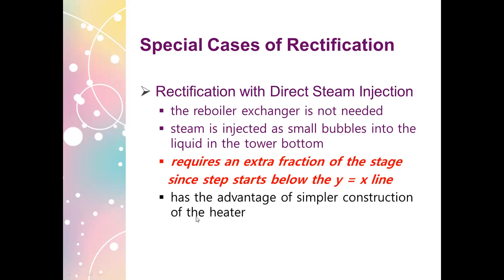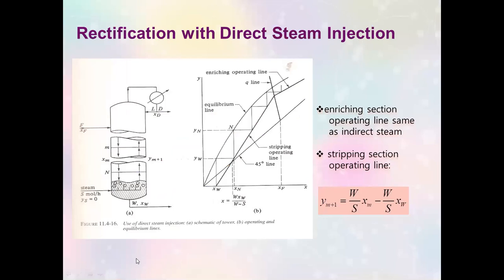Now, it has the advantage of simple construction of the heater in this case. Now, this is the case of our rectification with direct steam injection. So there's no reboiler and steam is injected at the bottom of the column. And as a consequence of that, there is this mention that you will be needing an extra fraction of a stage. If you recall,